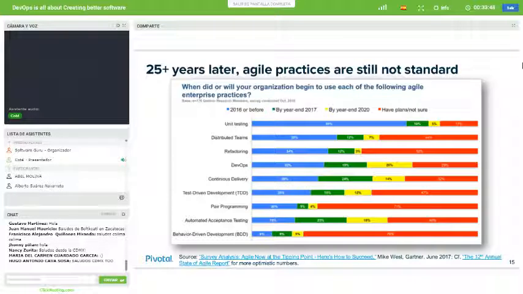So this survey, it's a bit dated. It's last year's survey that Gartner does of agile practices in place. And if you look at the blue lines, this is the percentage of survey respondents who are doing these processes at the time of the survey. Now, of course, the green says we're planning on doing these processes, which I always take to mean we're never going to actually do these processes. They're just sort of stuck in that planning PowerPoint that someone uploads to their SharePoint site somewhere, and then they're done with that. They don't actually need to make sure they implement them. Maybe I'm a little too cynical.